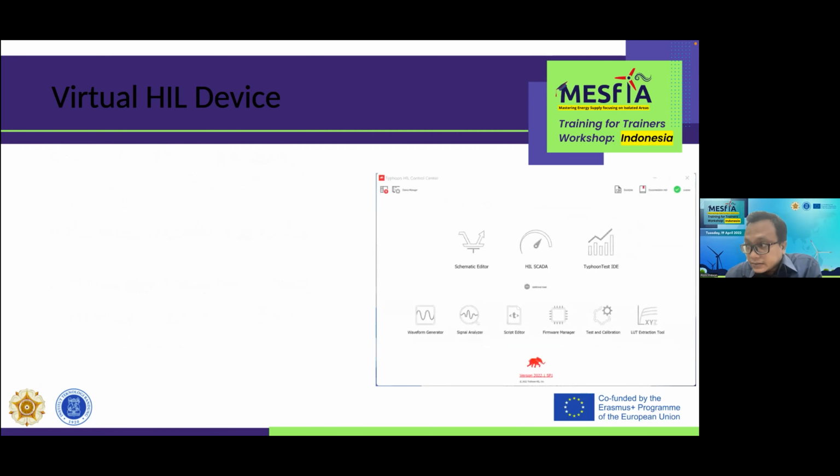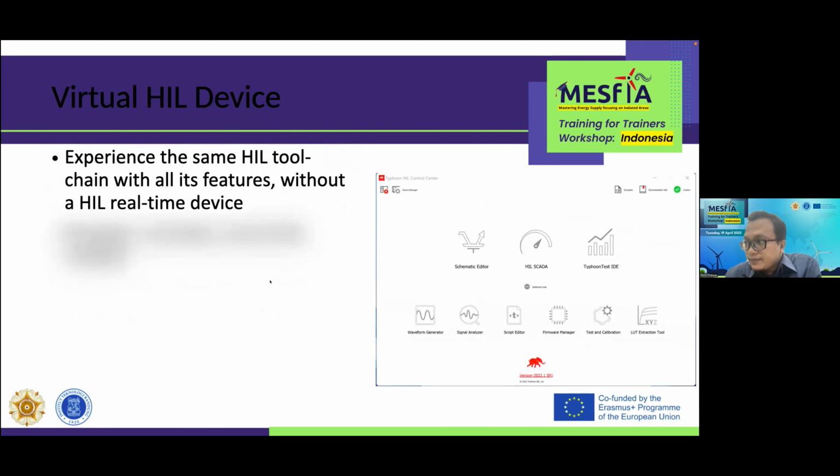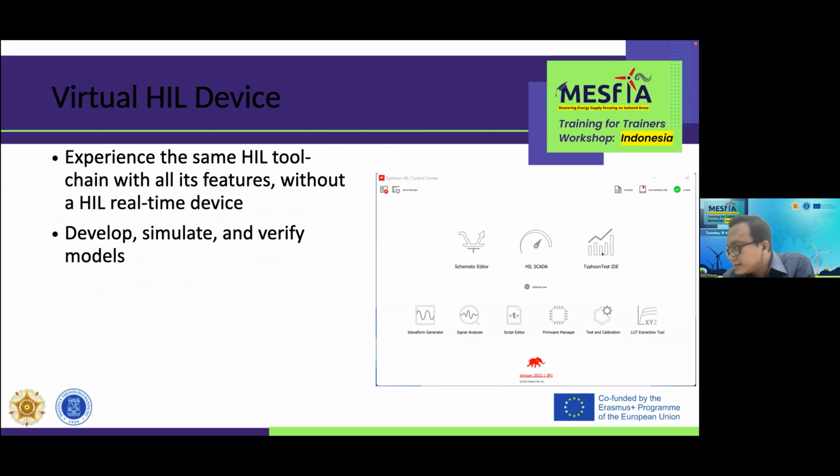And we are using the same tool chain, as I told you. So Schematic Editor, HIL SCADA, Typhoon Test IDE, we can use this functionality. I mean, it's the same experience, right? It's the same experience as with the HIL real-time device. So we're not connected to the real device, but we can experience as if we are connected to the real-time device. So the student or the user can start developing the model and then trying to simulate and see and